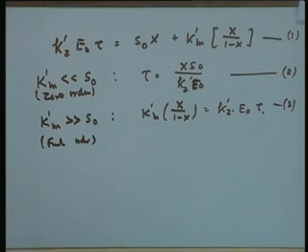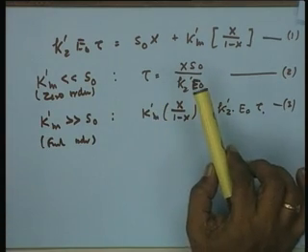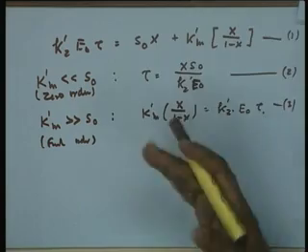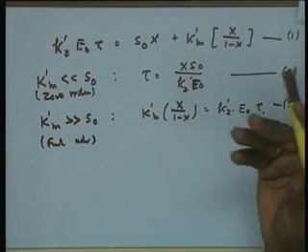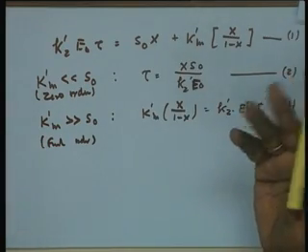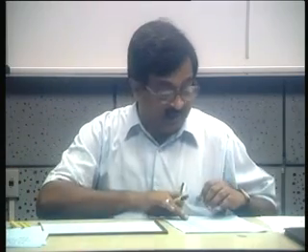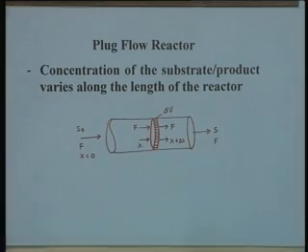Now, if you notice, the expressions are very simple, and if you have the data available for any reactor performance for S0 and fractional conversion required, you can determine the volume of the reactor required or the feed rate required depending on the tau, and one can make computation to define the reactor performance under given conditions.